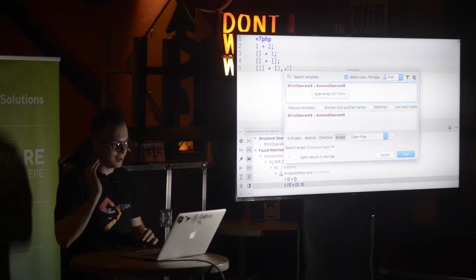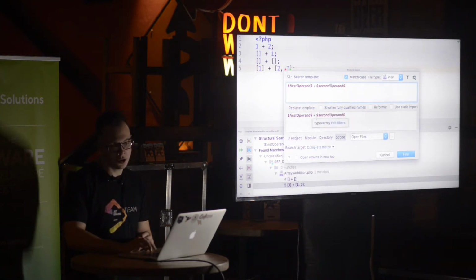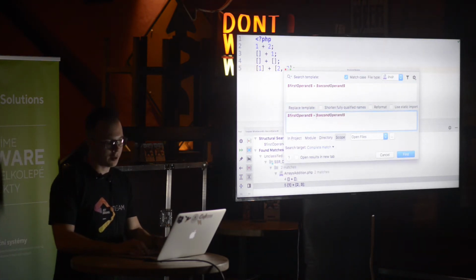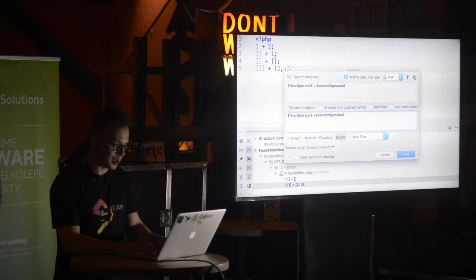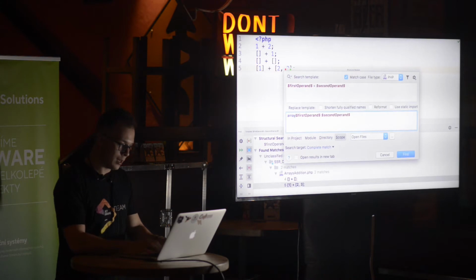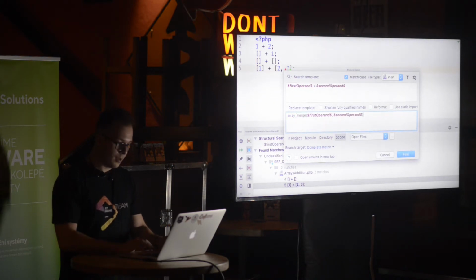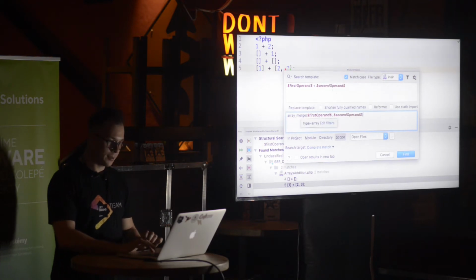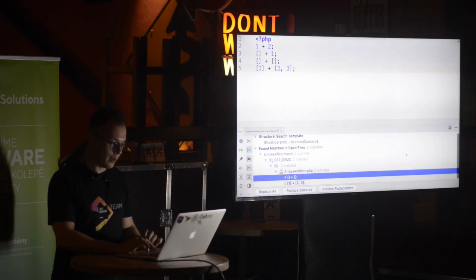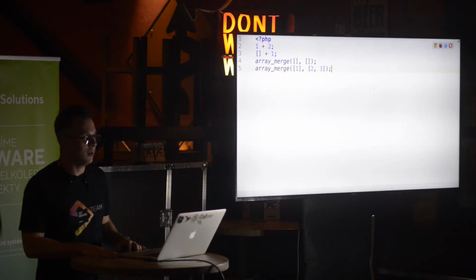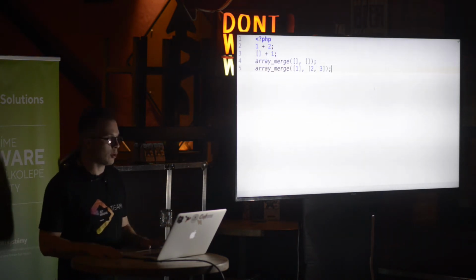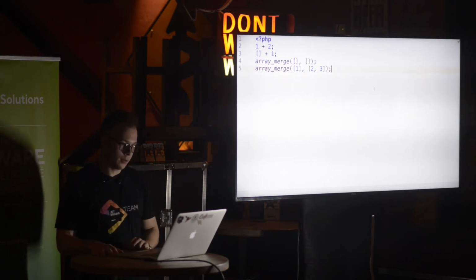It works exactly like search structurally, but we can provide a replace template which will use the captured variables. And for this case I will just type array merge like this. And with such a replace template I will migrate all my array additions to array merge, and I will do this in batch in my project.